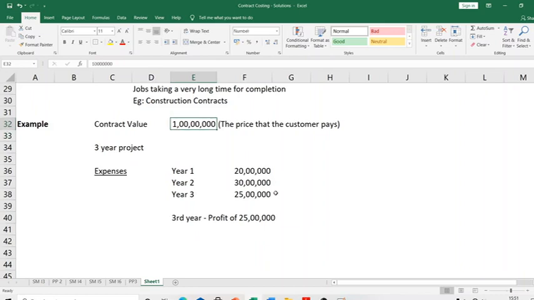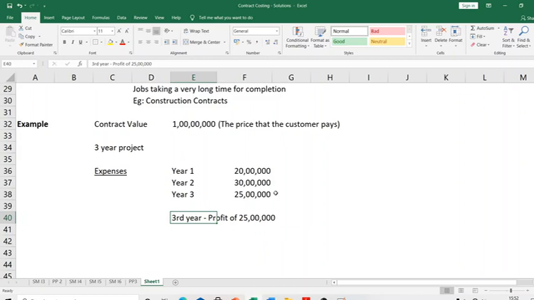And since we are recognizing revenue on a certain basis throughout the 3-year project life, we will also be able to recognize cost to a certain extent. That means to a certain extent, we will also be able to recognize profit. So now we are going to work in such a way that we split this profit across 3 years based on some basis. How it is done, how we account for it, all of these things we will see definitely. But now I'm just giving you an overview.